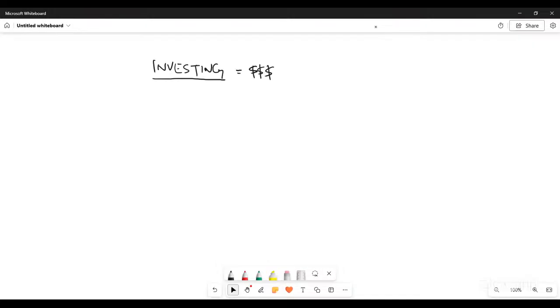So there is a lot of money, but we need to learn different things before we get to that money. And the two things that we learn in investing are fundamental analysis